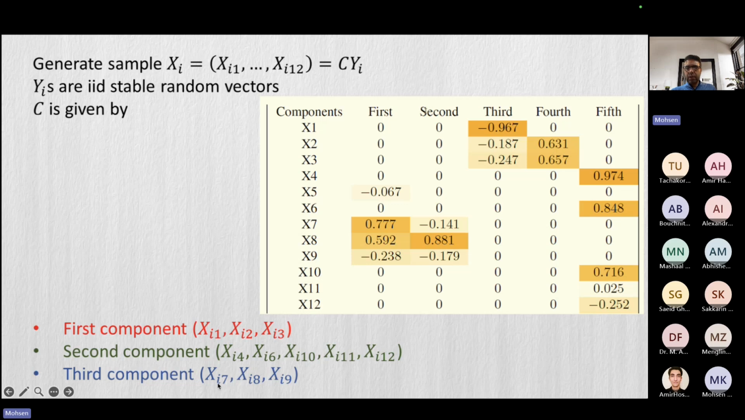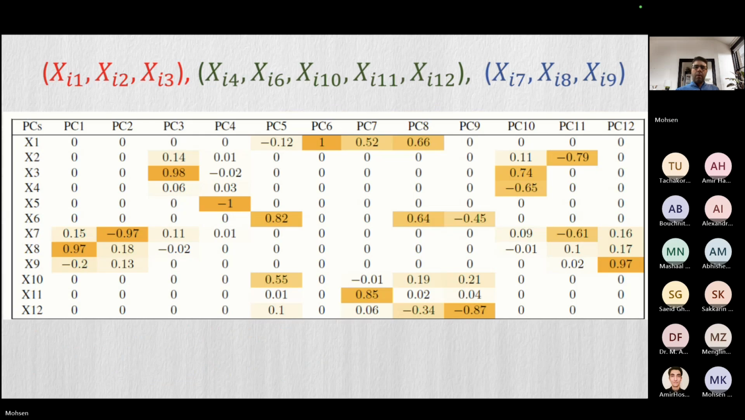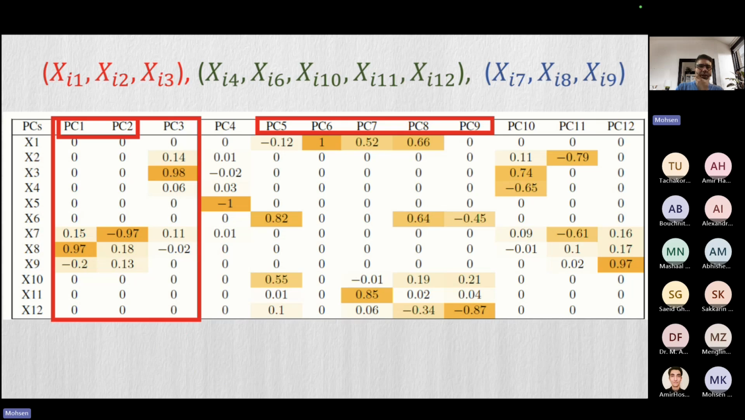And the last component will be 7, 8, and 9. These are the components, based on the principal component, and we compare the result of the principal component and also our method. As you can see here, if we run the principal component, we can see the principal component have some